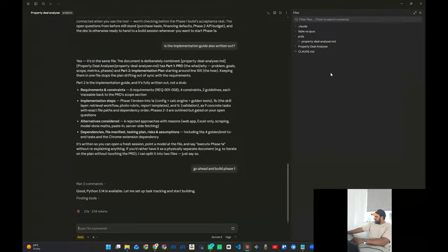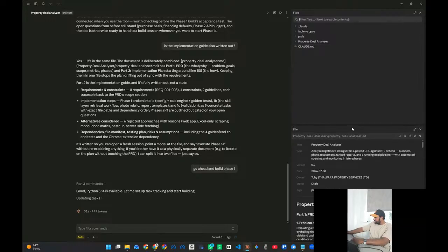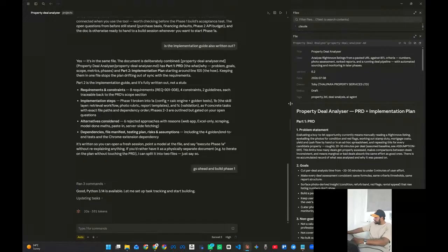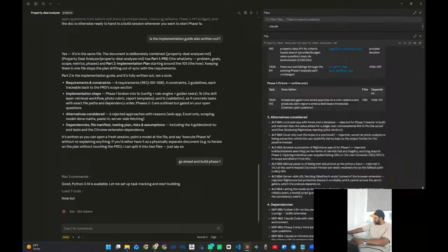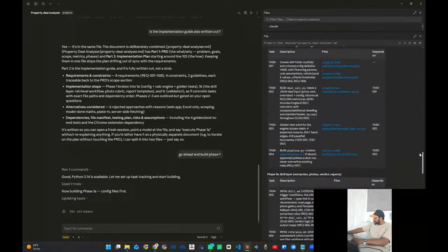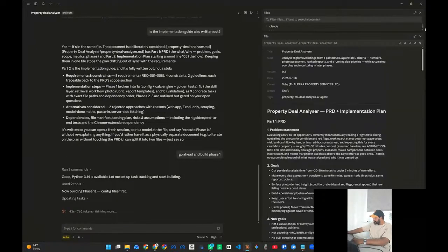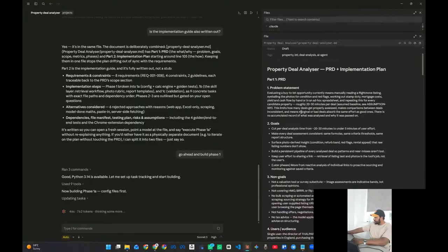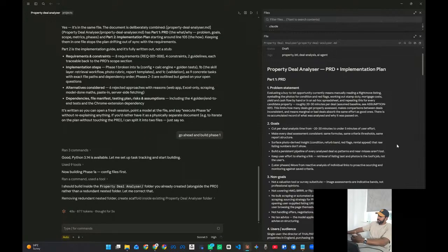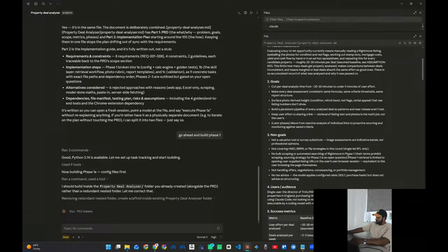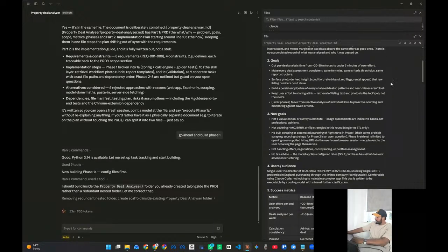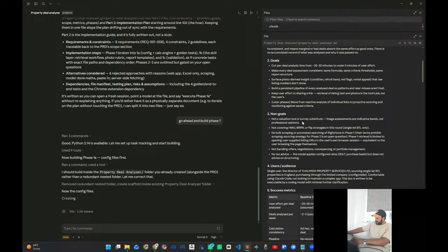Should we go through the PRD and then see what's in there? So yep, it's a fairly long and descriptive process. Very, very detailed as well. So you've got the problem statement here, which is basically what problem you're trying to solve, and then the goals, so essentially milestones or the criteria to judge by really. I think one thing I should have done